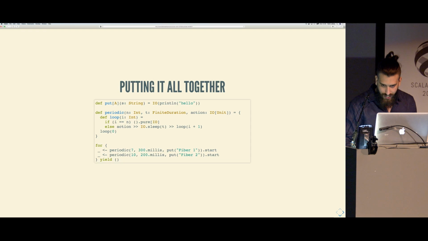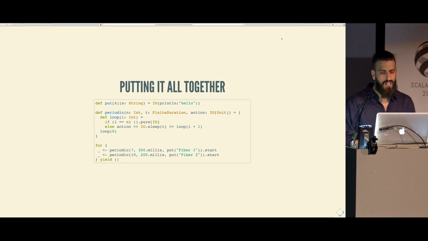And then finally, how to put it all together. I'm going to have this put method that just calls print line. And this periodic function, it's a simple loop. If i equals n, I'm just going to return unit. And if not, I'm going to run the action, sleep for a while, and then sort of recur. And then I'm going to use start to concurrently spawn 2 periodic computations. So what you're going to see is 501 being interleaved with 502 at a certain time cadence of 300